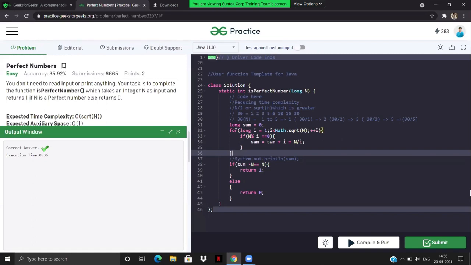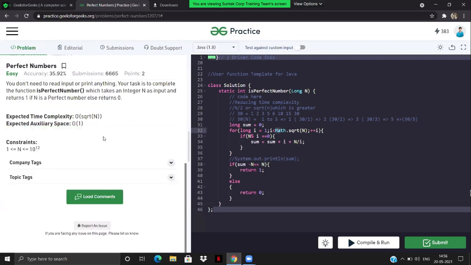Correct. It should be square root of n. I don't know why you guys are saying it's big O of n. Guys, have a look at it over here, right? We are iterating from 1 to the square root of n. That's definitely going to be the square root of n. How can it be big O of n? There is no way it can be big O of n.